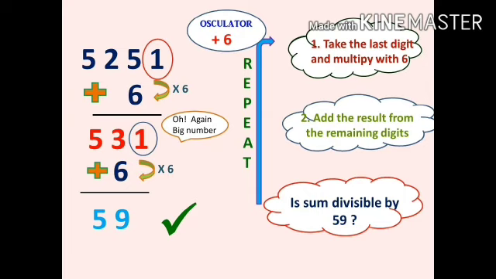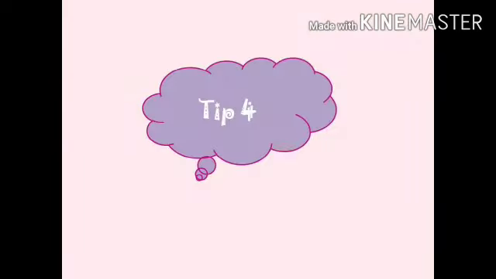So now we know how to find the oscillator number for the numbers ending with 1 and 9. So what remains? Only 3 and 7. Once we know the oscillator numbers for the numbers ending with 3 and 7, it automatically means we know the oscillator number for prime numbers also, because prime numbers usually end with 1, 3, 7 and 9 except 2 and 5. So from tip 3, what we came to know is if a number ends with 9, finding the positive oscillator number is very easy, right?